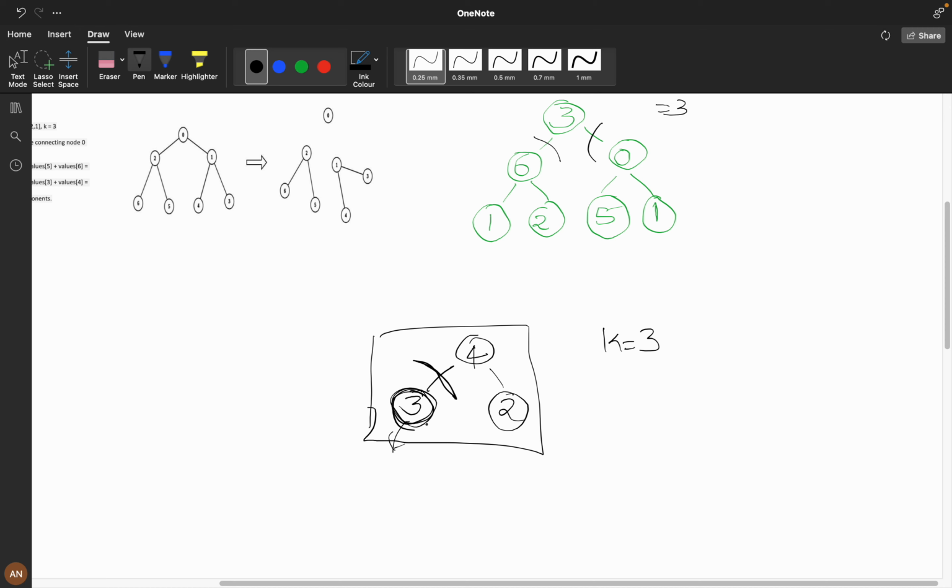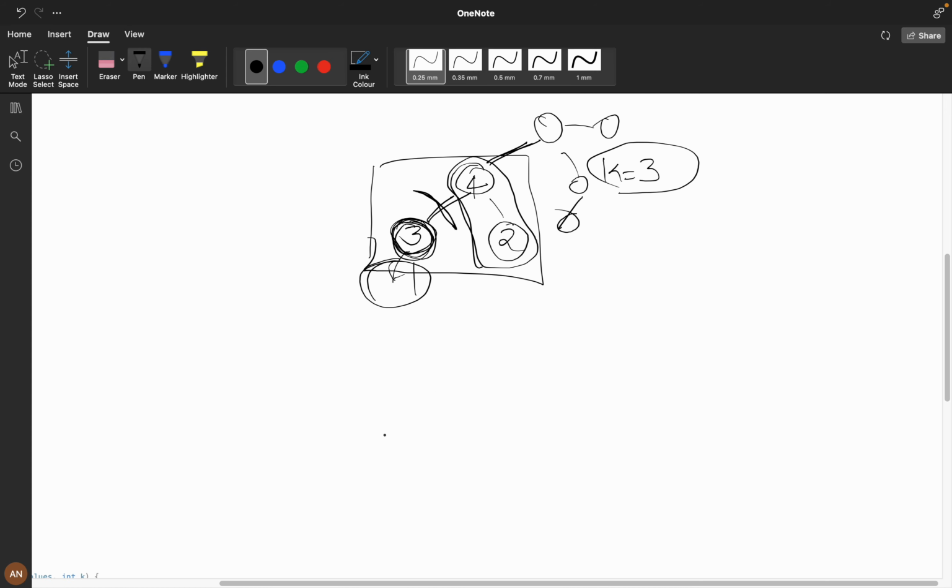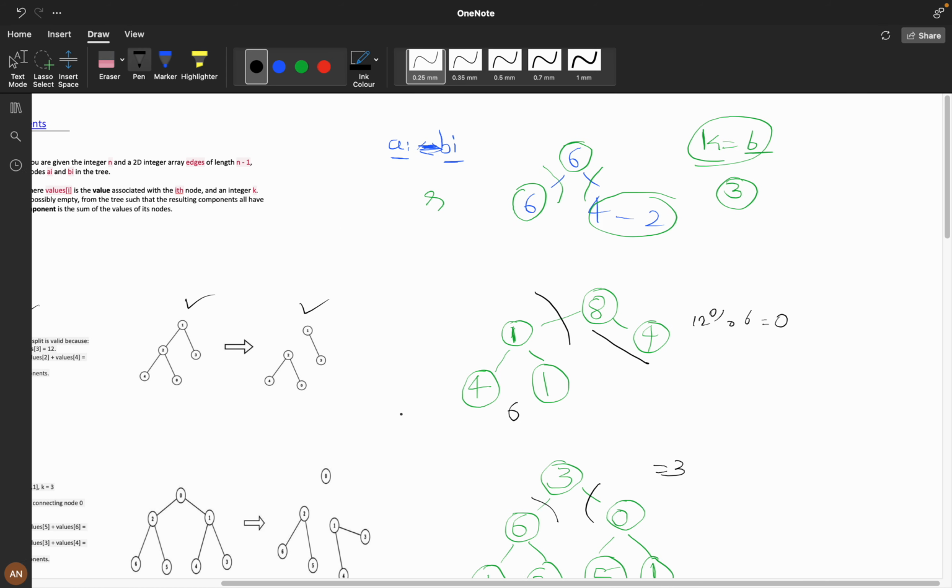Okay, if 3 becomes an independent part, is it dependent on these nodes? No, because this 3 is divisible by 3 and there are no dependent elements for 3, so we can directly remove it. So first thing we will do is that we will take all the leaf elements